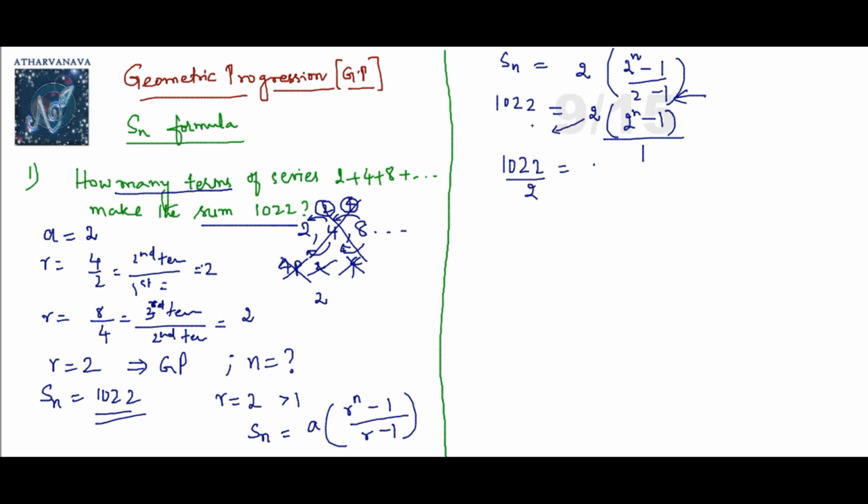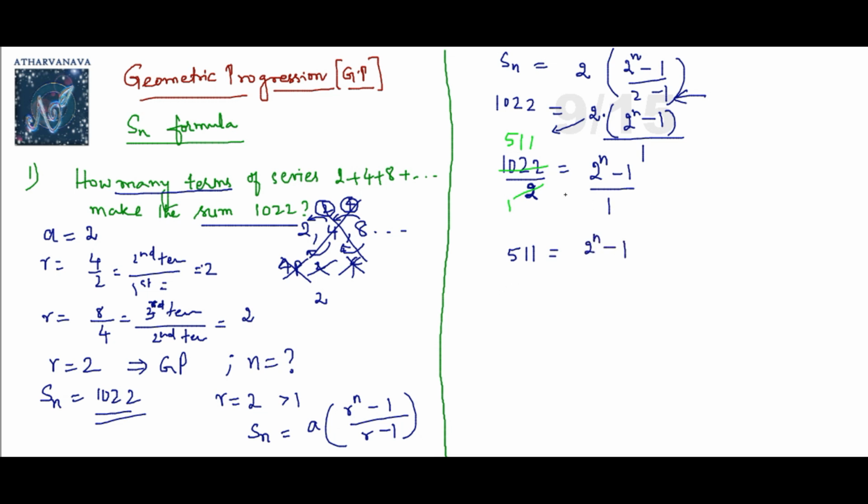So, can I write this as 1022 by 2? This 2 I am trying to bring to the other side. Since it is in multiplication, when it comes to the other side, due to transformation, it will become division. So (2 power n minus 1) by 1, and by 1 is anyway the same thing, but okay, we will write this step. And then 2 5s are 10, 2 1s are 2, let me cancel with another color. So finally, you will get 511 is equal to 2 power n minus 1.